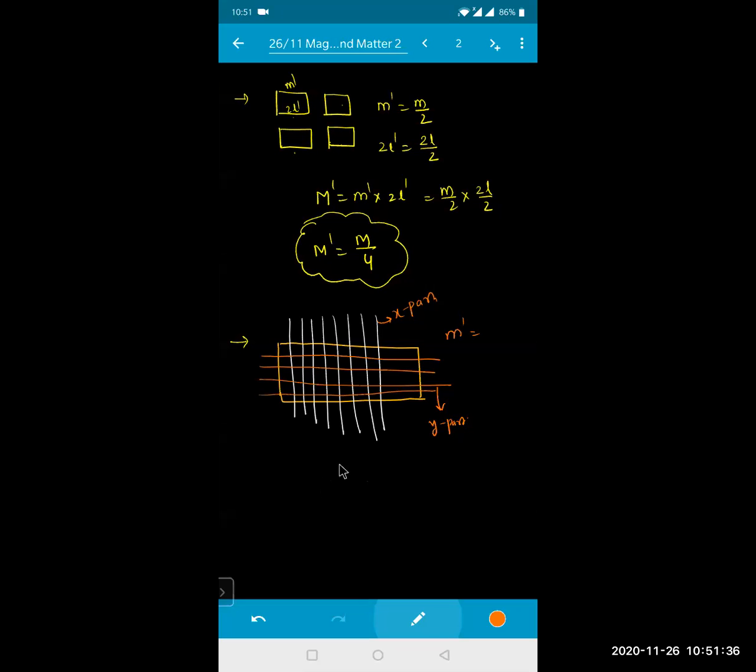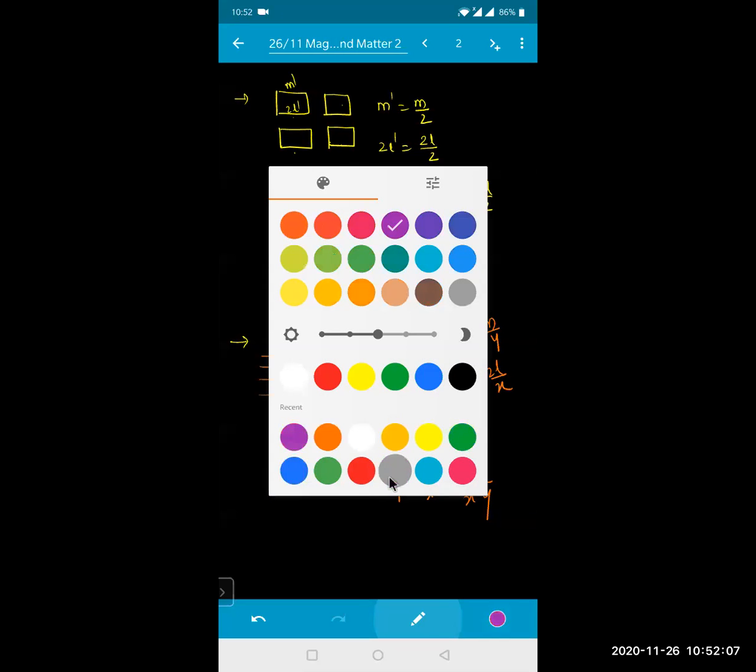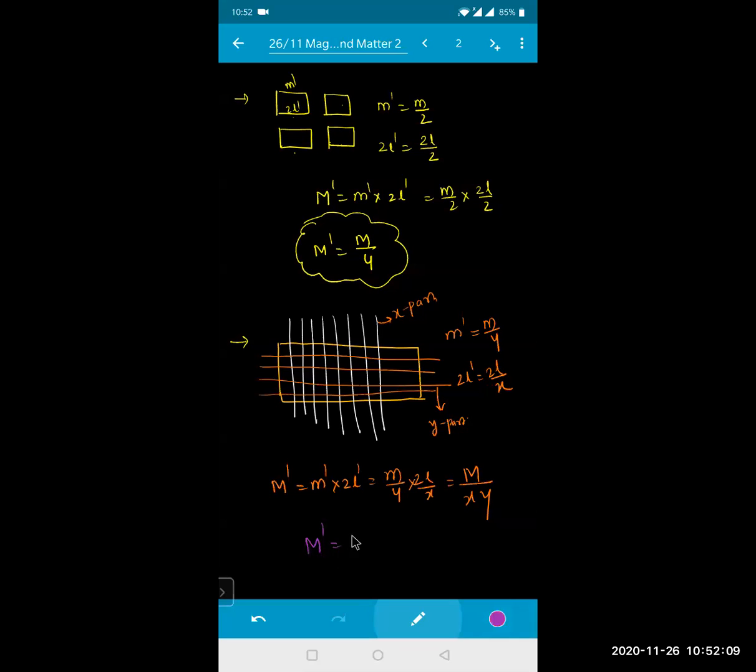Okay? Now the pole strength will become m by y. The length will become how much? 2l by x. So what will the new magnetic moment be? M dash is equal to m dash into 2l dash, that is m by y into 2l by x, and this will become m into 2l by x y. Clear? So when it is cut into n number of pieces, M dash is equal to M